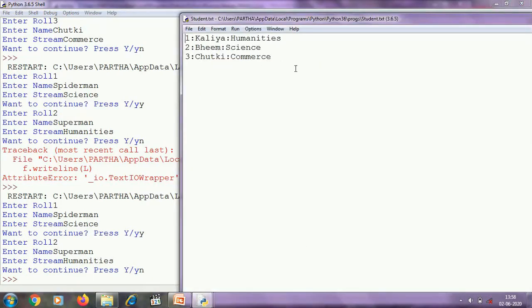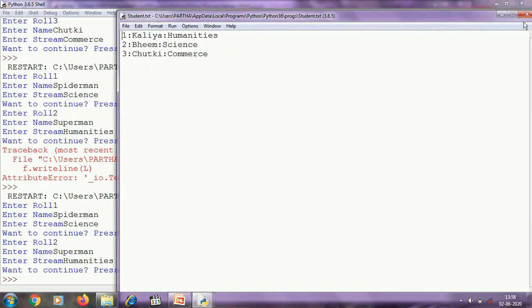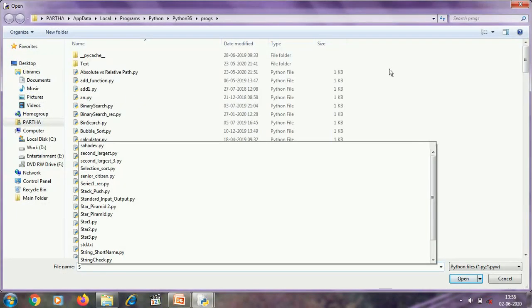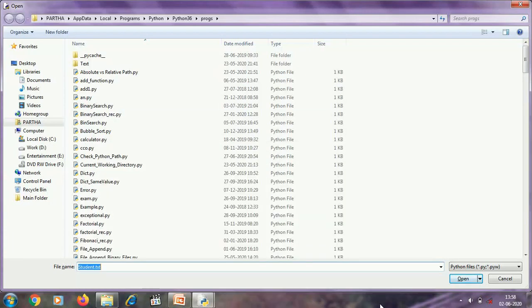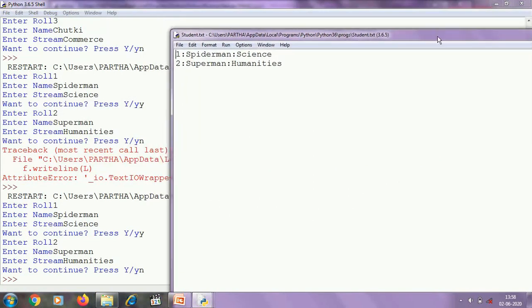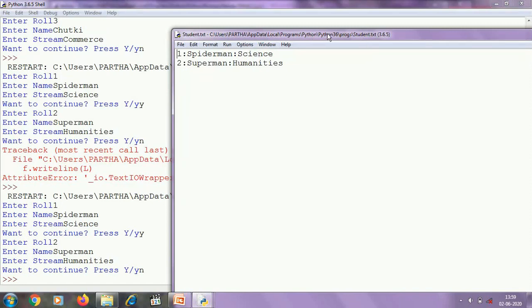Now this is the previous data of the text file student.txt. Now check. So the previous data is overwritten, and using the writelines method I have written 2 lines in the text file student.txt, and it is working properly.